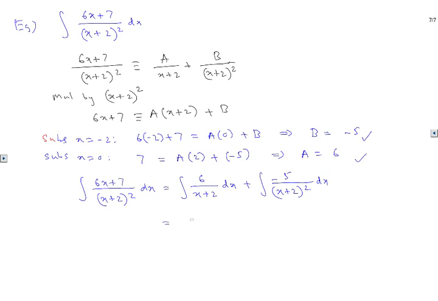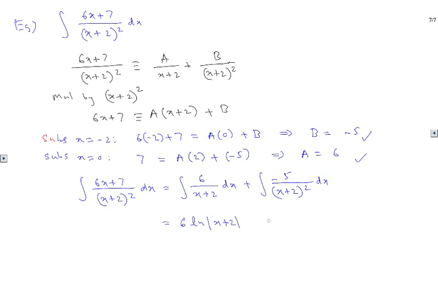The first one is easy, it is 6 ln x plus 2. For the second one you can use the power rule, bring it to the top, so it's going to be -2, and then